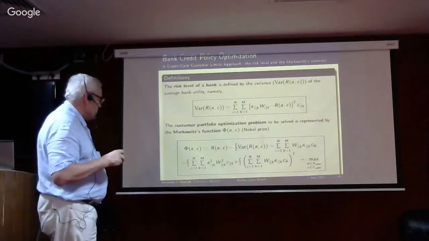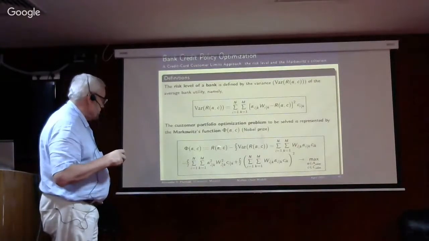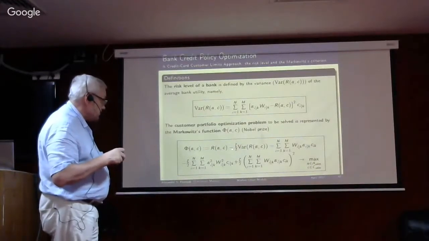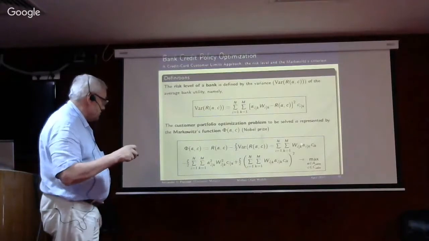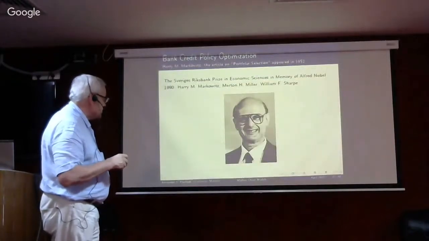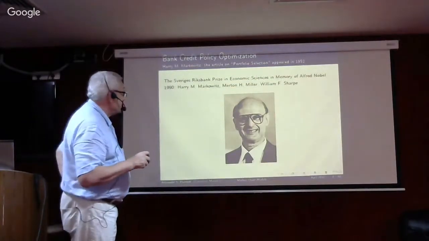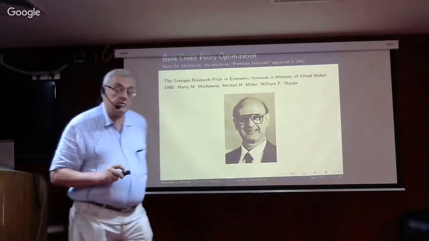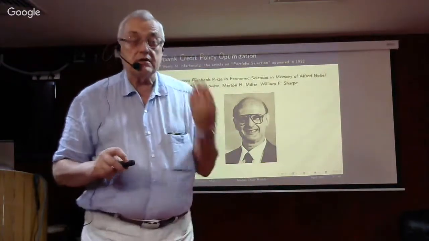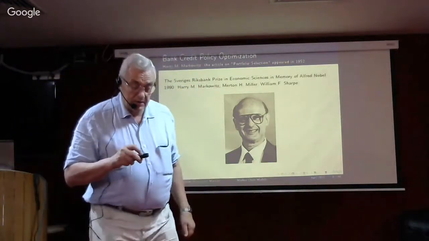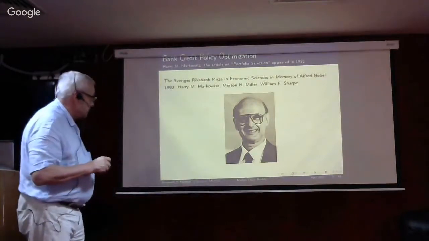So Markowitz suggested this functional: the average should be maximized, but the variance should be minimized. It means that with a minus, it will also be maximized. So the general presentation looks like that. Markowitz obtained the Nobel Prize in which year? In 1990. But his paper was published in 1952. He suggested this criterion, so it was practically 40 years until he won the Nobel Prize.